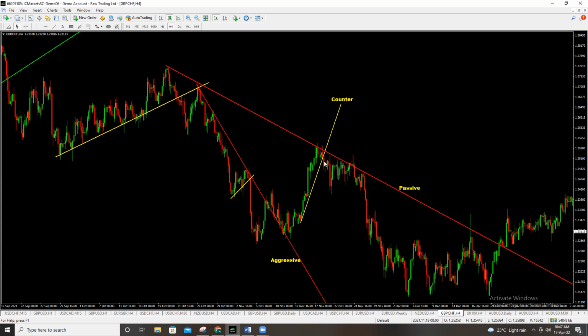When it's broken again, at the point at which it's broken, you want to wait for a retest. Wait for a retest along that passive line, and then you can get into the last move guided by the passive line. The counter trend is of course drawn back to the trend line, whether it's on the aggressive or whether it's on the